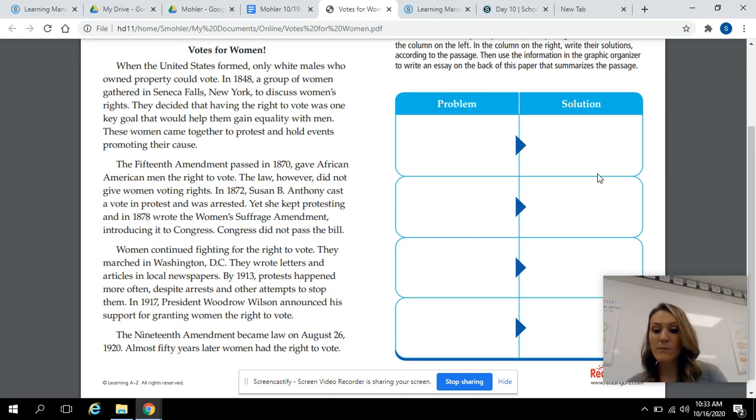And then I will post another thing on Schoology where you can write a summary over this passage, okay? I will post sentence starters so you can use those, but you are just going to tell me what happened first, next, last, kind of sequencing this passage. Okay, look at the dates. You could say first in 1848, this happened. Then in 1870, this happened. Lastly, in 1917 or 1920, this happened. So you're just kind of sequencing the dates for me and telling me what happened.